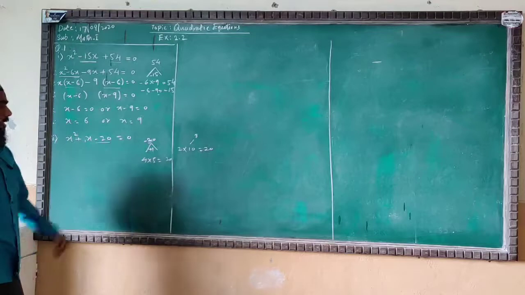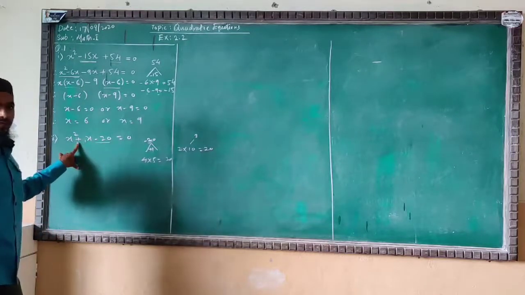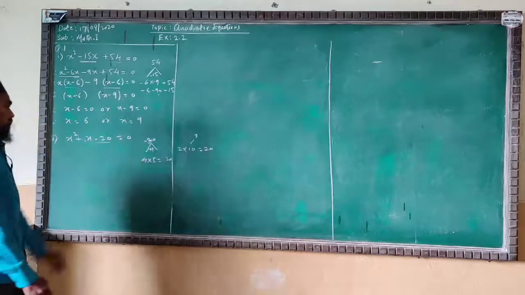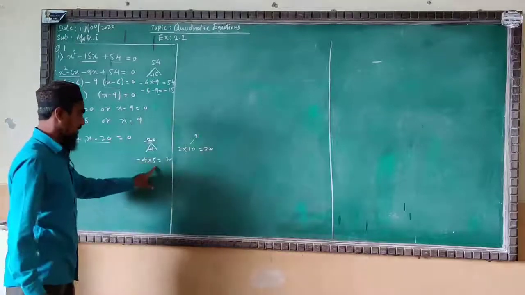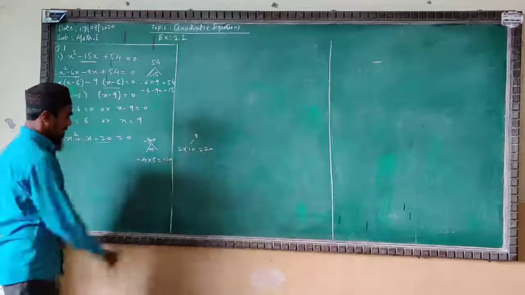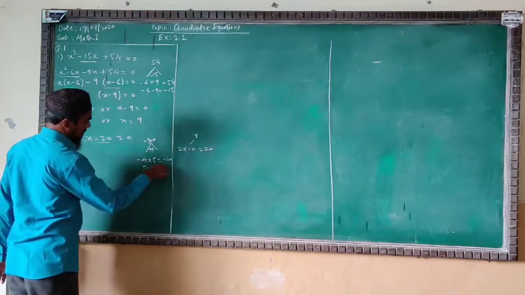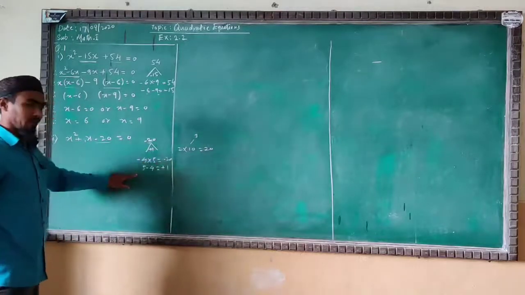Now here we have to put the minus sign. See here we have the plus sign in the middle, so we take the greater number with the plus sign and we put the minus sign with the smaller number. Now see, 4 5s are 20 and with the plus minus sign we get minus sign. Now here 5 minus 4 we get plus 5. We are getting minus 20 and plus 1. This is the suitable number.